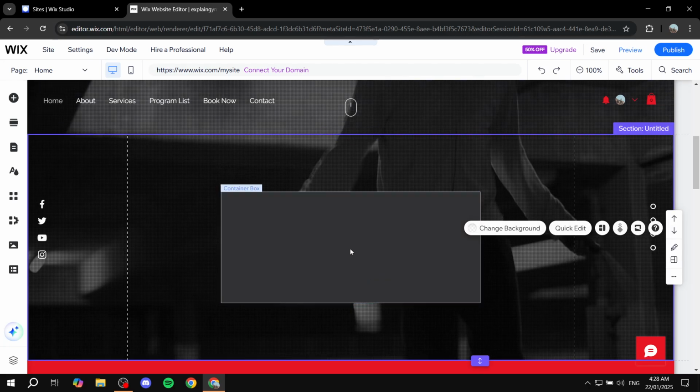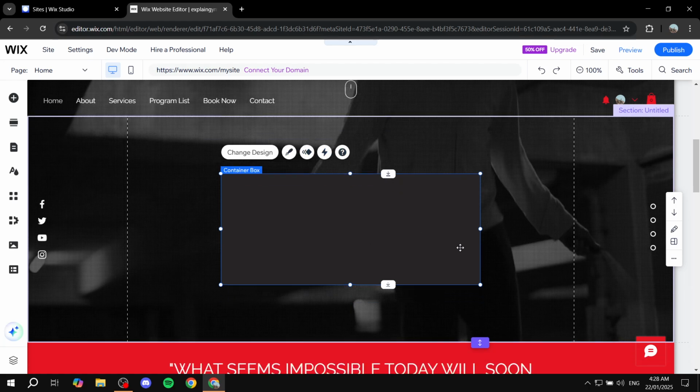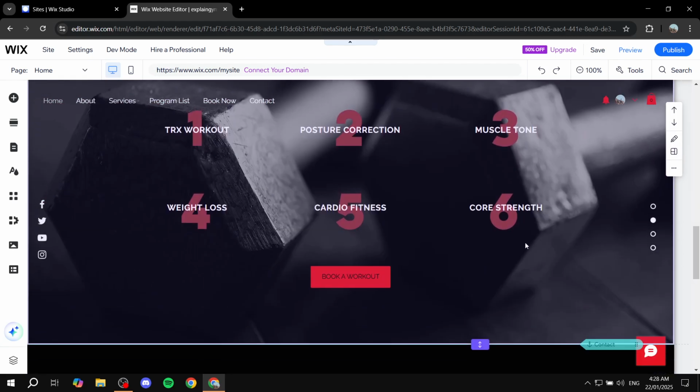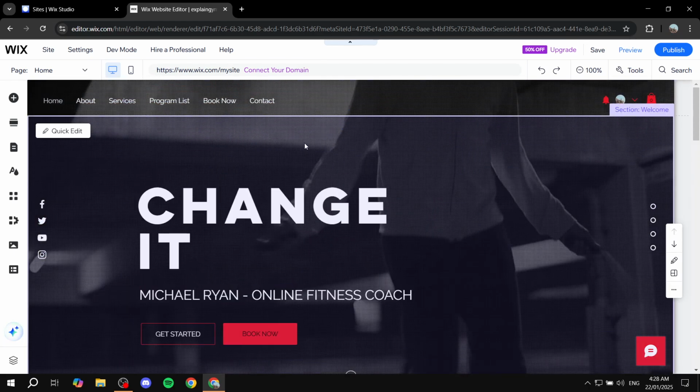and you're ready to go. And like I said, to adjust a specific element, you basically click on it and you'll have the ability to change design, the animations and effects, and different things. Each element is going to have different things that you can edit for. And this is a quick overview of the editor, and this is pretty much how to create a Wix website